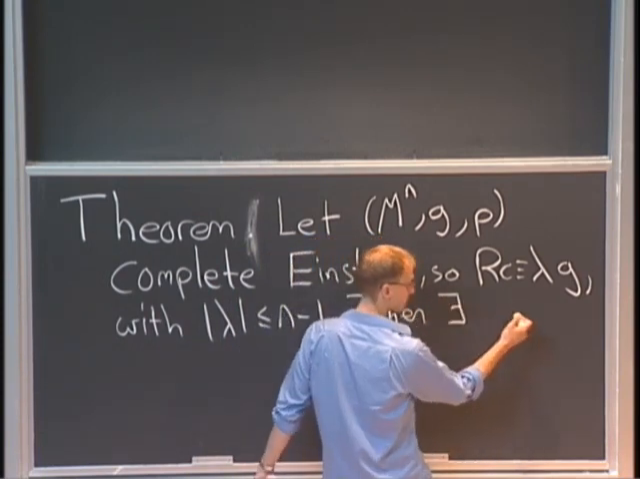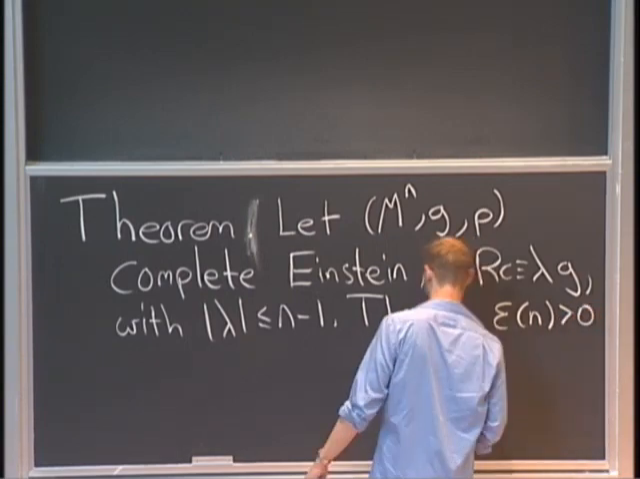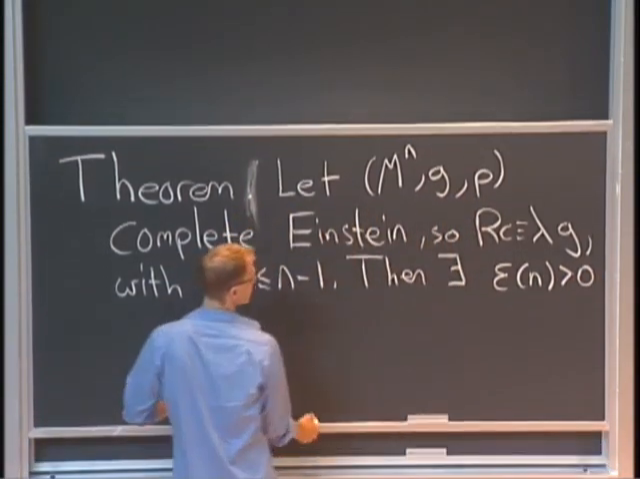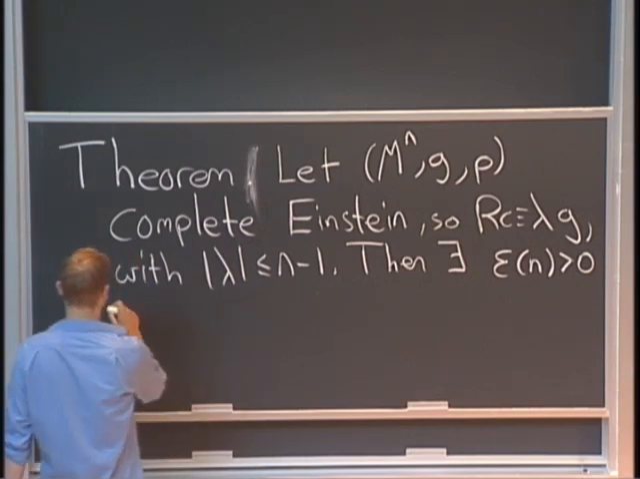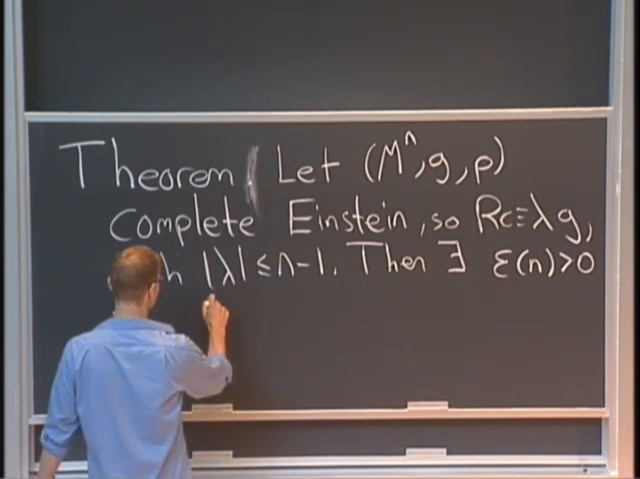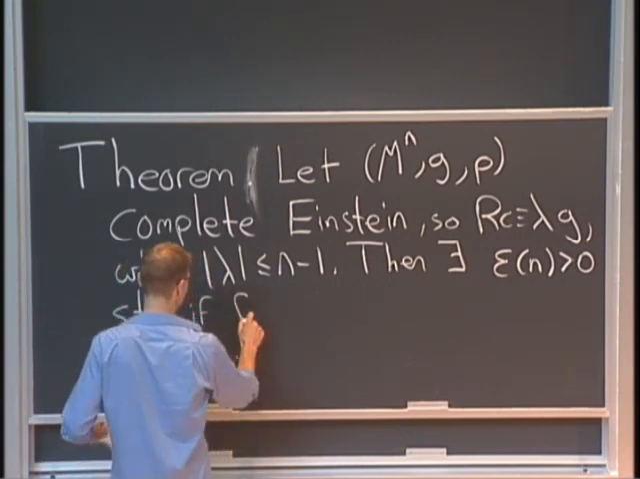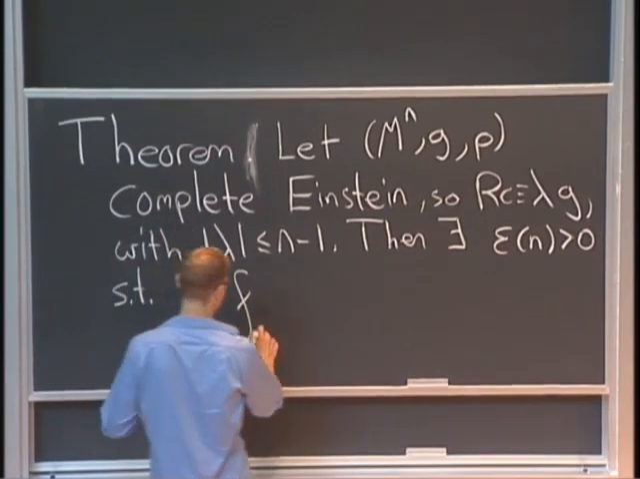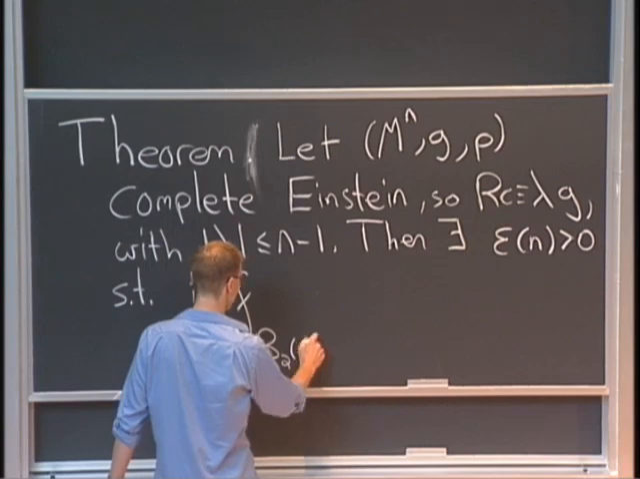Then there exists an epsilon, which depends on just the dimension now. So not the Einstein manifold in question, not the lambda, as long as it's bounded, but just the dimension. Such that if the average on the ball of radius 2, let's say, around P,